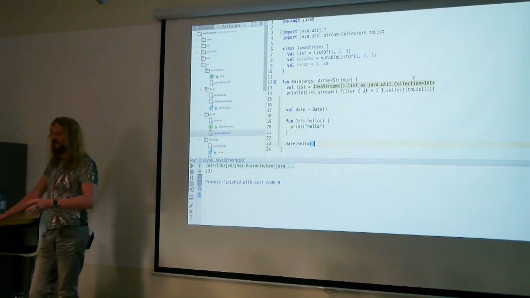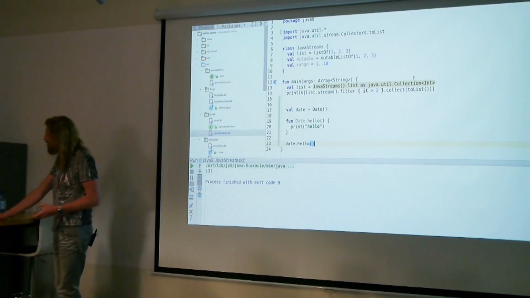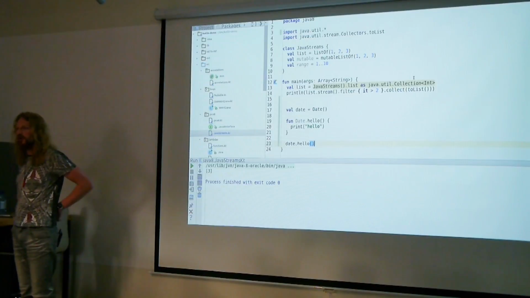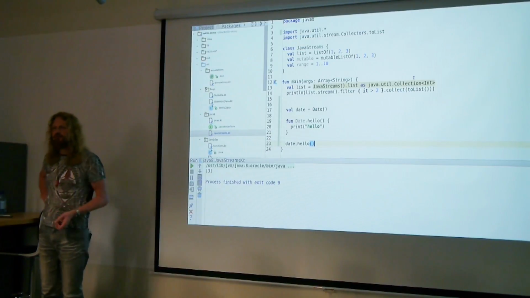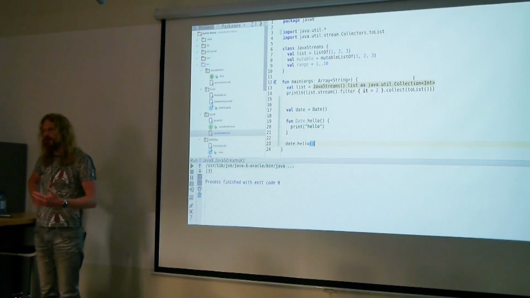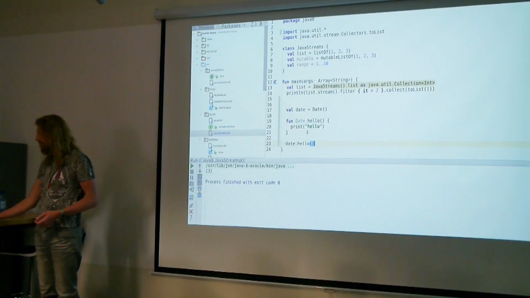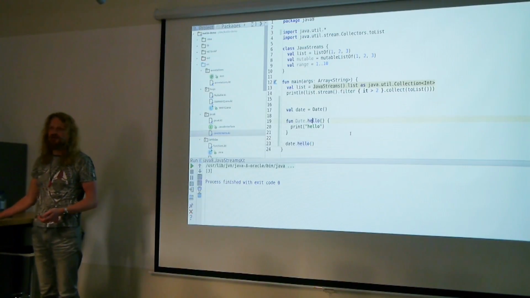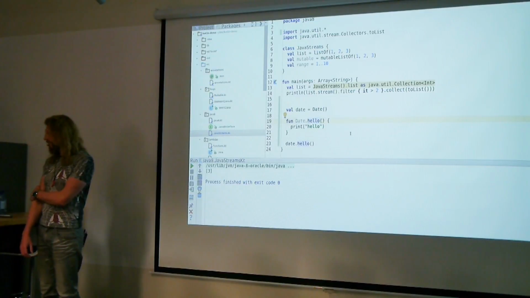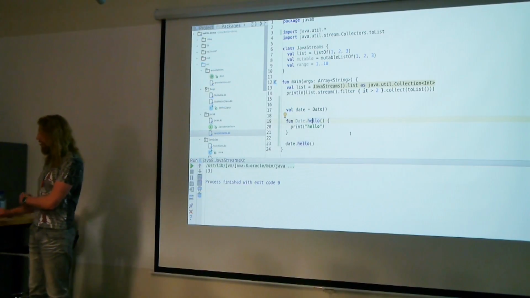I can use it for explicit conversions like the Scala implicits do, and I can also use it by extending and making my API much nicer. Yes? How big is the scope of this method? It's visible only where you import it, basically. In the same file, or if you import this function or the file or the class that defines it. So it's not visible everywhere, only where you need it. But if you define it inside function main, then it is accessible only from the function. Yes, yes. So I can define it.